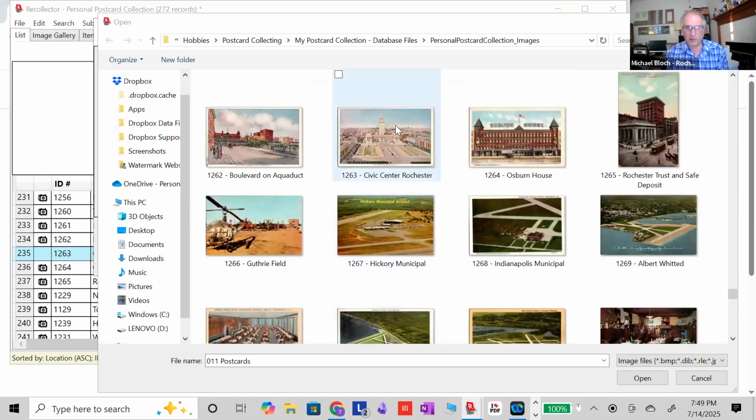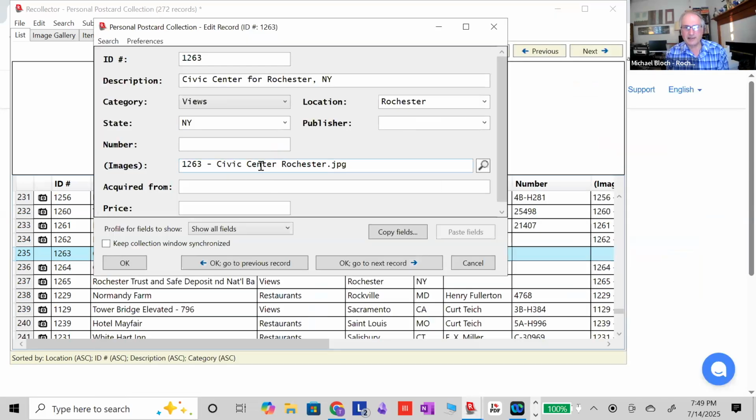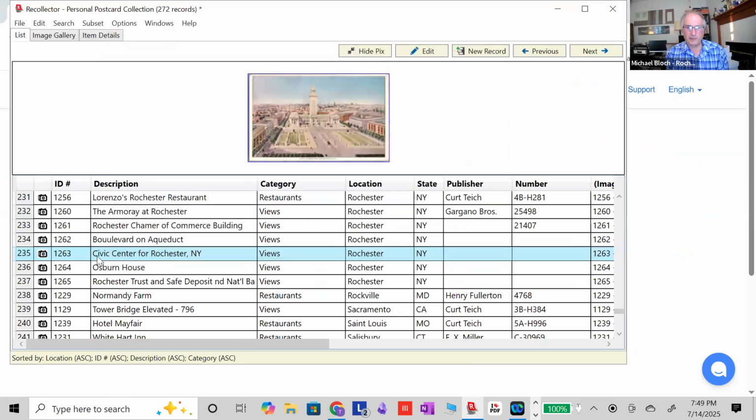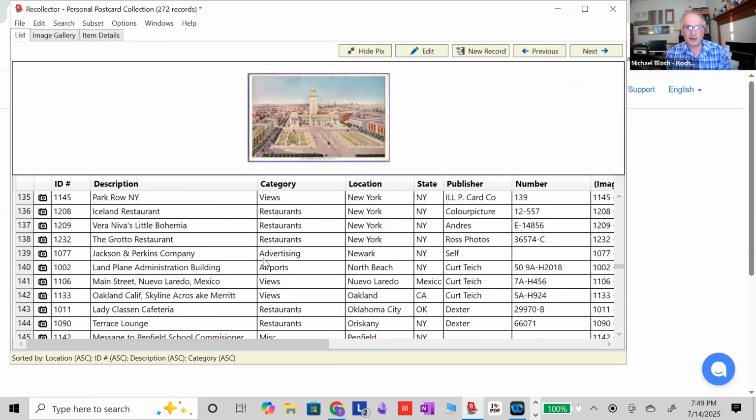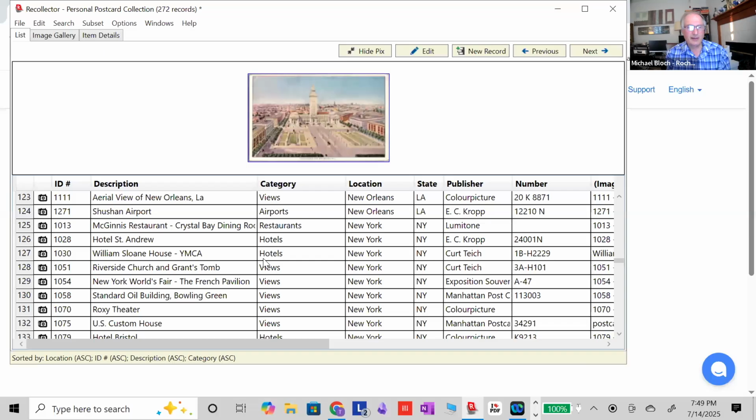And there it is. So you just double click on it and it assigns it to the record. And so now you click OK. And now it's in there. It's filled in. So that's the one I hadn't put in yet. So anyway, that gives you an idea of how easy it is to change things, how easy it is to attach a photo to it,